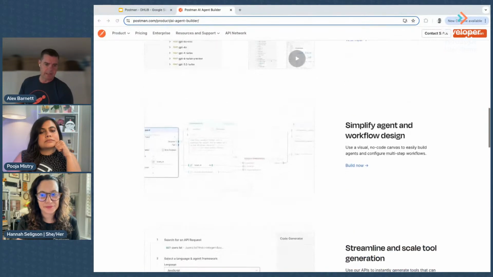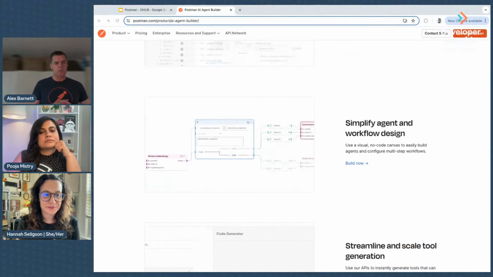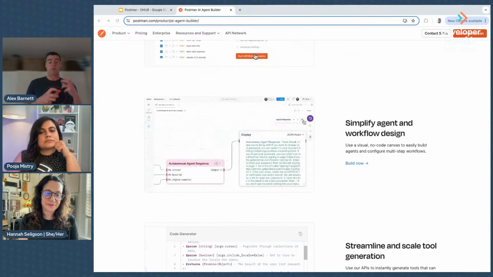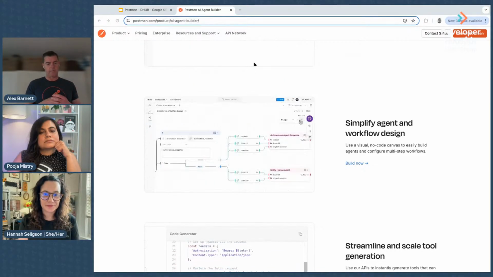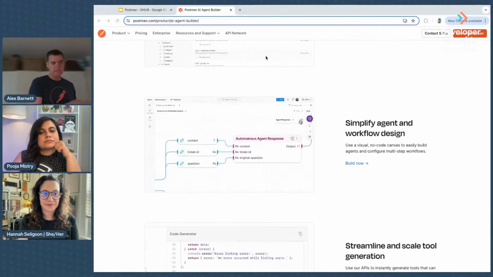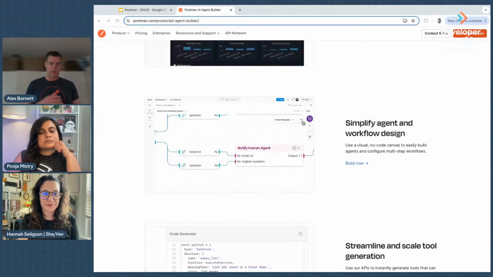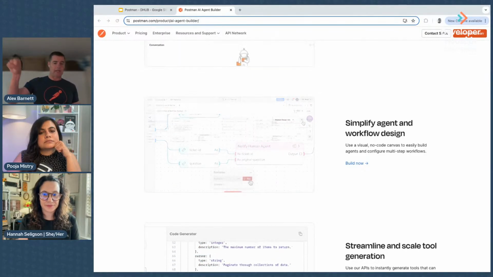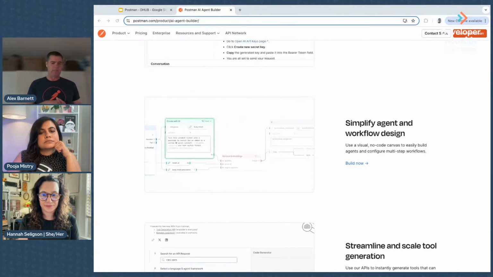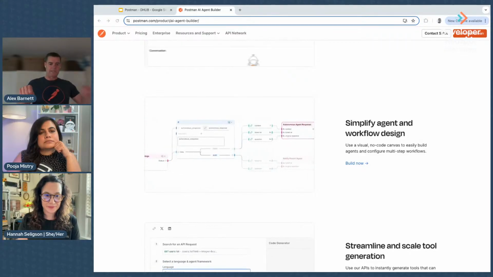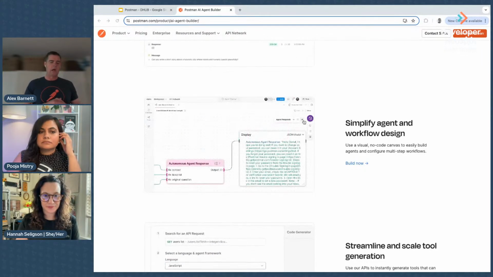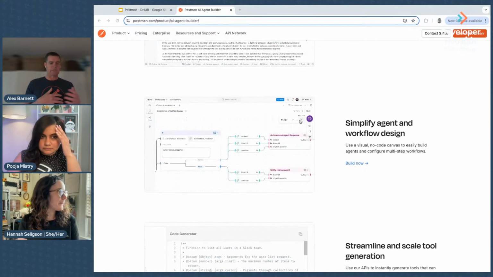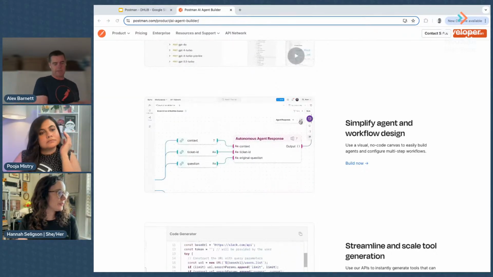The other key part is then to start building actual workflows. So there's a product called Postman Flows, which we'll also be demoing, that allows you to connect to the LLMs, connect to those APIs, and start creating a workflow, passing data and responses off from one step to the next.